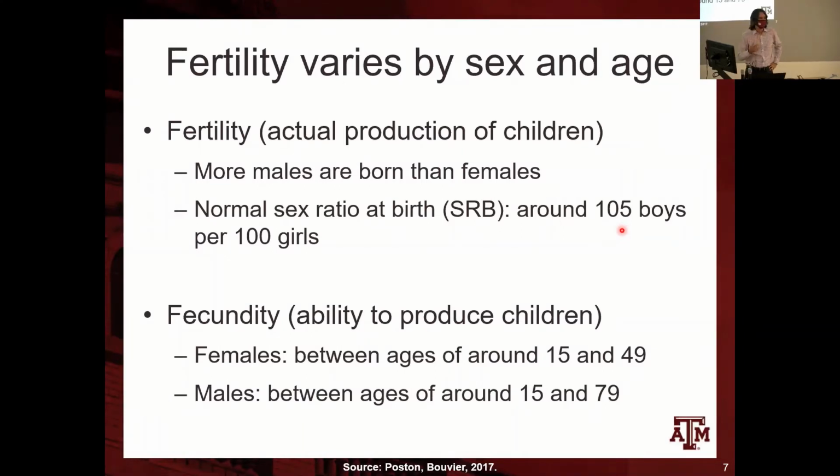Why does it happen? One group of scientists mentioned that boys are weaker than girls. They're more likely to die before reaching 1 year of age. And that group of studies brings up the hypothesis called the fragile male hypothesis. Boys are born weaker than girls, and they need more resources from families to grow and then be able to survive at older ages. When you have societies that give preference for boys and they have limited resources, like I said in the previous class, by giving more resources to boys, in the long term it is going to affect the health of girls. But for some reason, and that's an open debate, maybe exactly because naturally boys are weaker than girls,